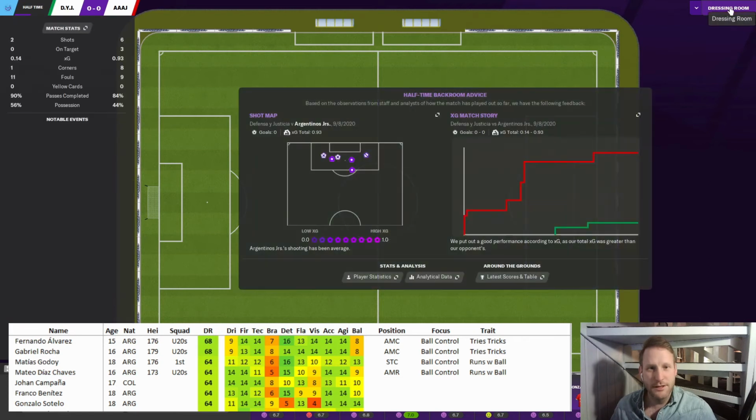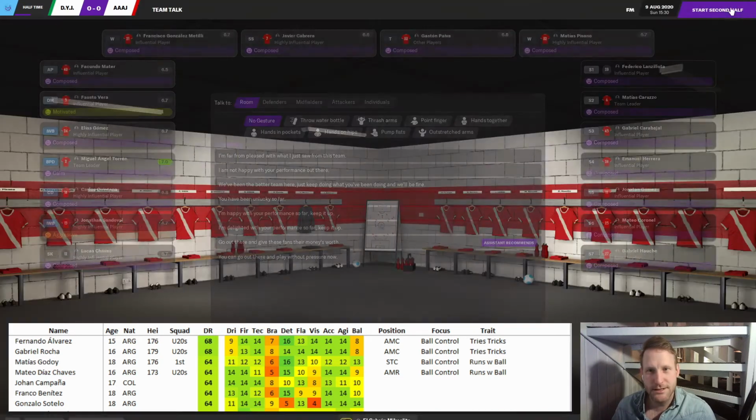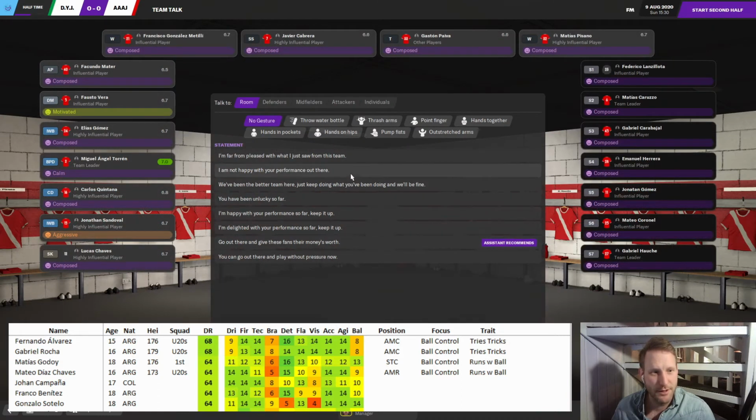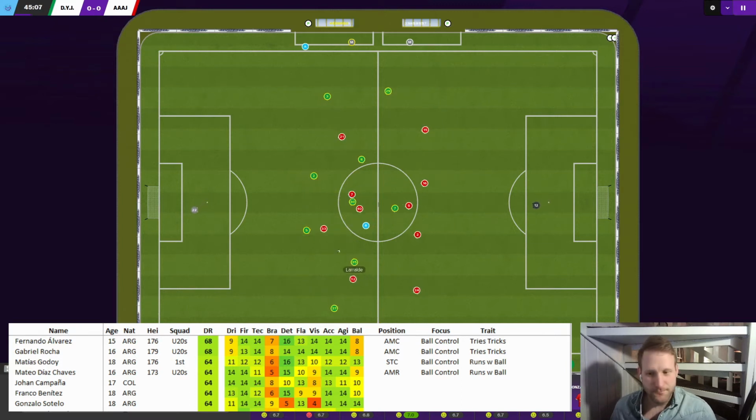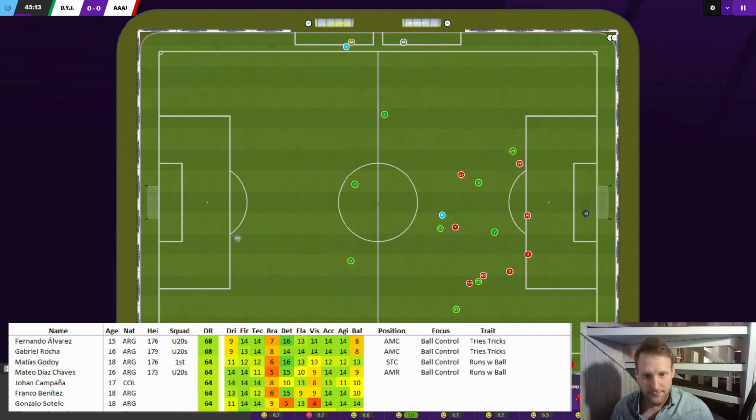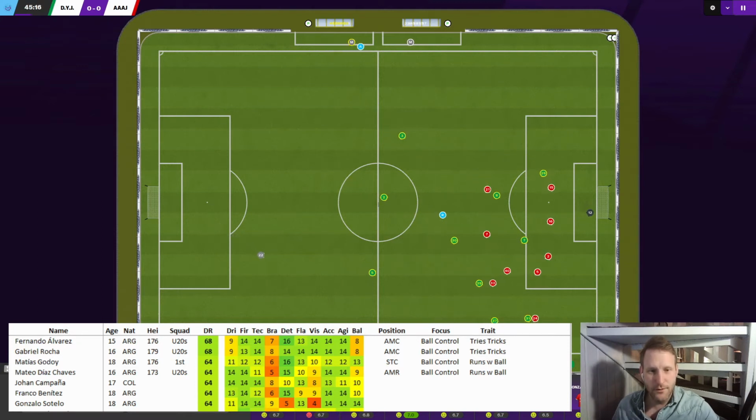So half time 0-0. We have been the better team stats wise, but not too much has happened. I'm going to tell them I'm not happy. So here we go. We are in the red, if anyone is unsure.